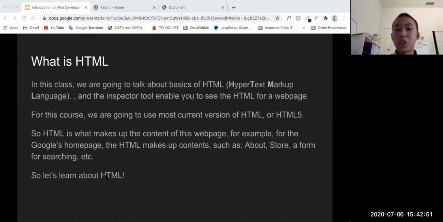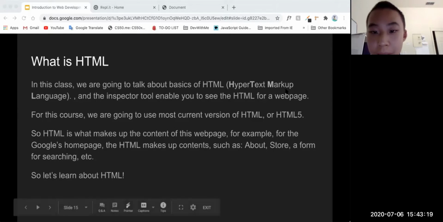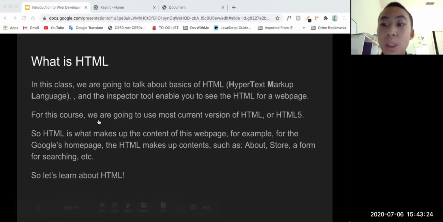So what is HTML? It stands for Hypertext Markup Language, and this basically makes up the content for a website. For example, on Google's homepage, you can probably see an About and Store link on the top left corner, a footer at the bottom, and an input field that you can type in. Yep. And the final thing is, in this class, we're going to use the most current version of HTML,